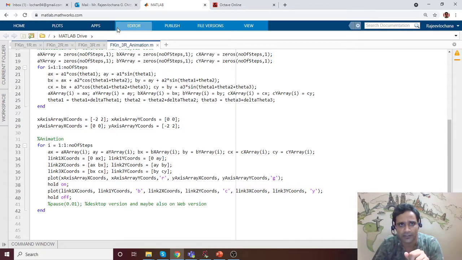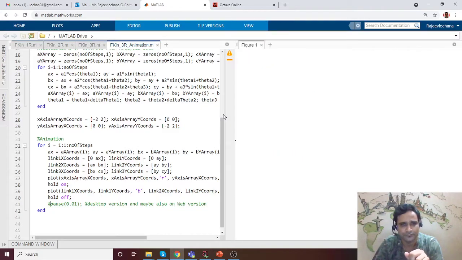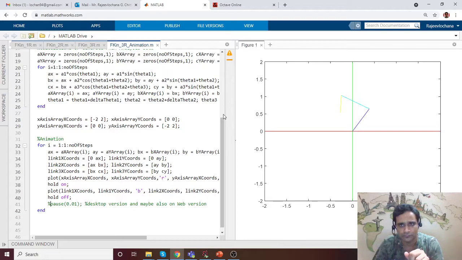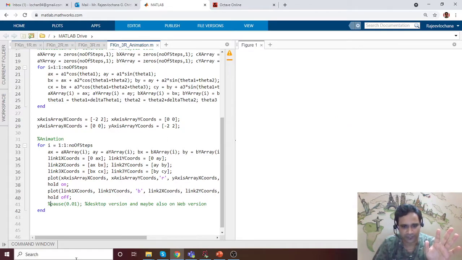Okay, let me kill it again. I'll start. Okay, it has already reached there, so obviously we need pause, and if you want it to be a bit more fast, you can just put it like this.